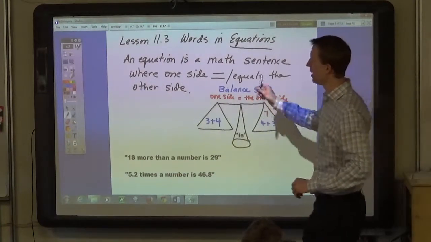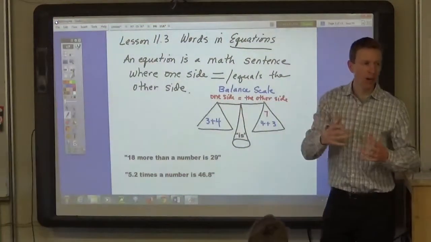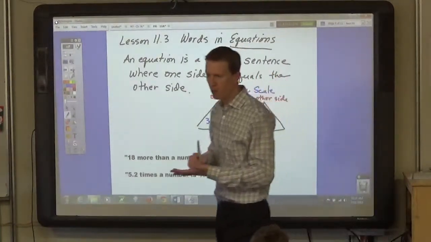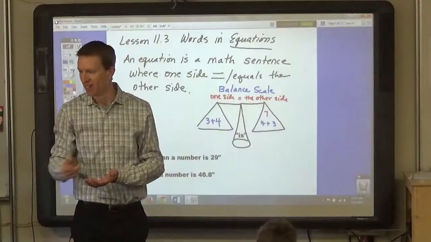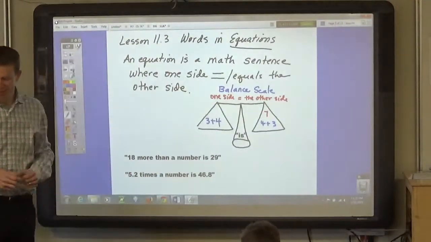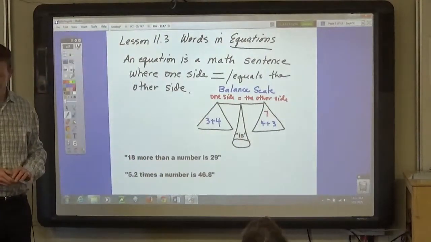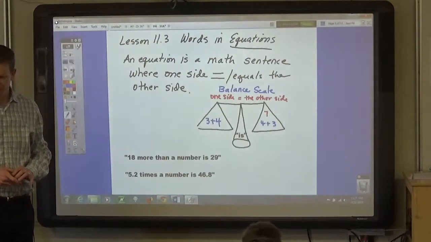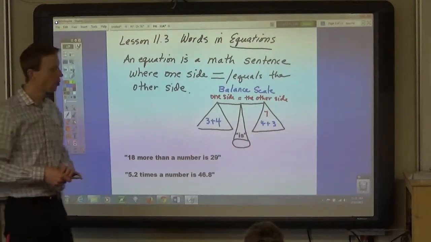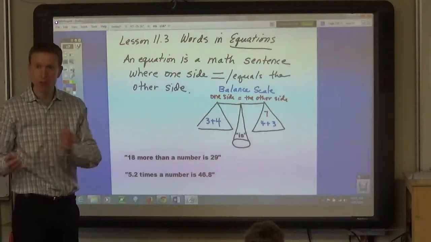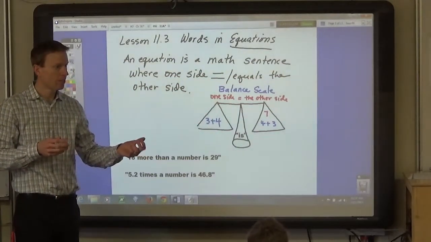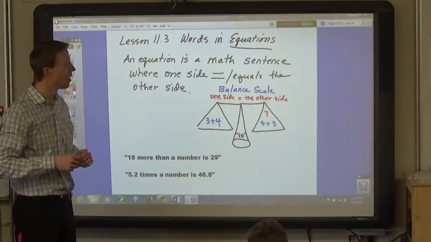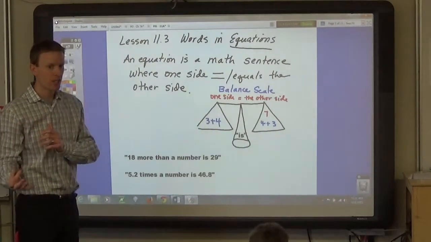Chapter 11.3. Yesterday we worked on evaluating expressions. Who can tell me what evaluating means? Finding the value of an expression when having the value of the variable. Right. So when you have the value of the variable, you can find the value of the expression. Well, today we're going to talk about not expressions, but